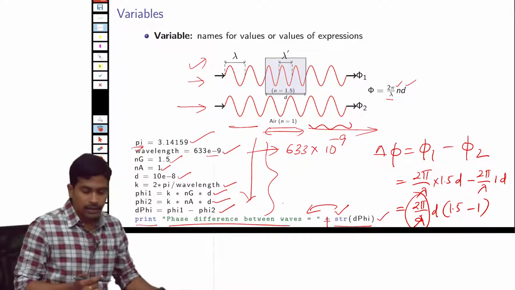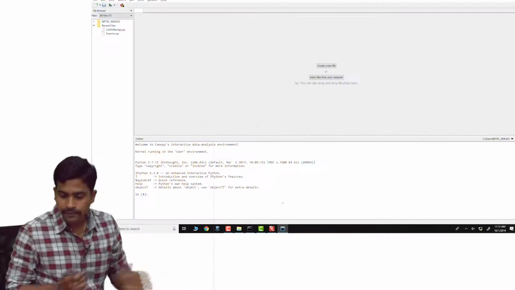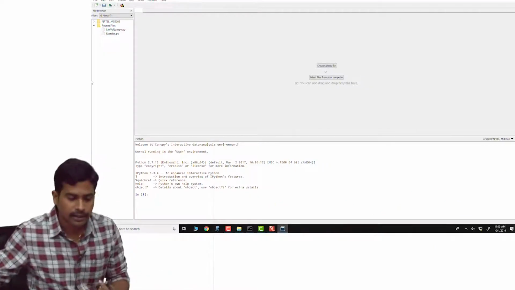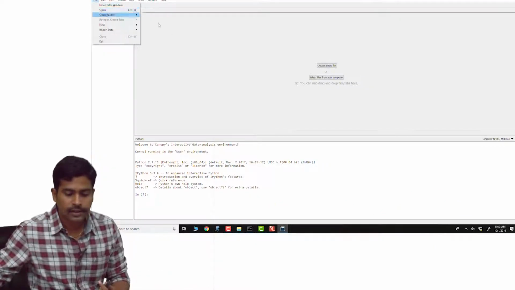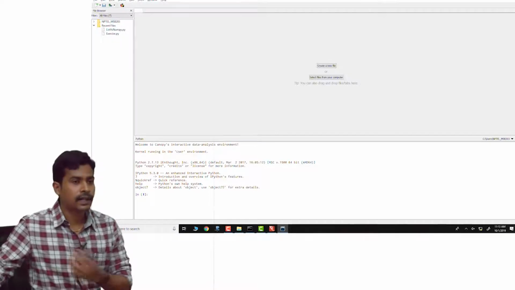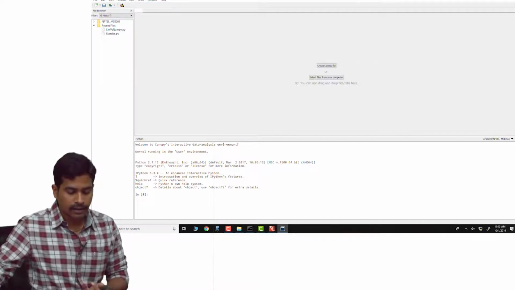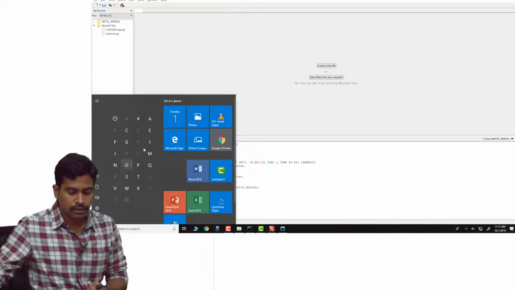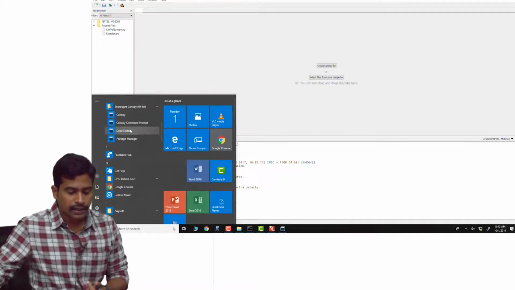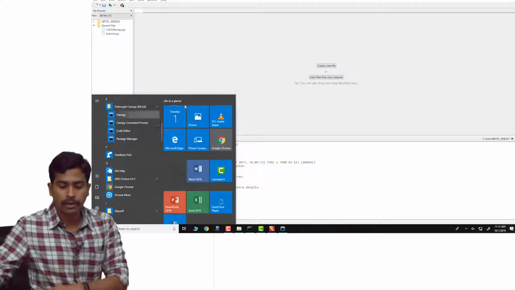Now I'll quickly show how to run this program. This is the software that I asked you to install, called Canopy. To open this, you just go to Programs and the code editor. If you click this, you will see the screen.